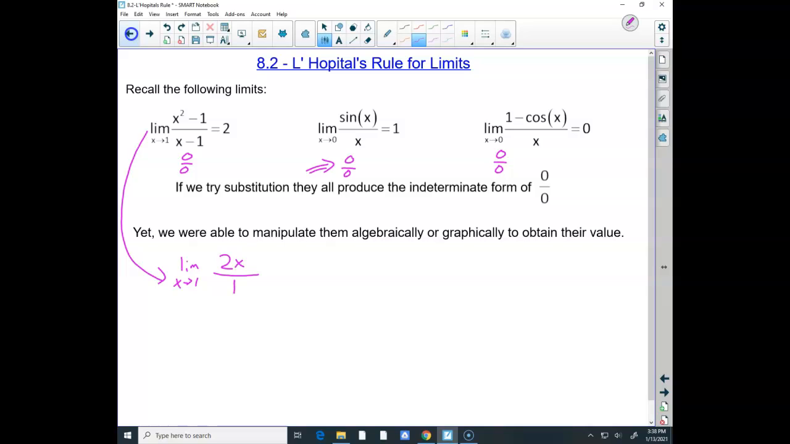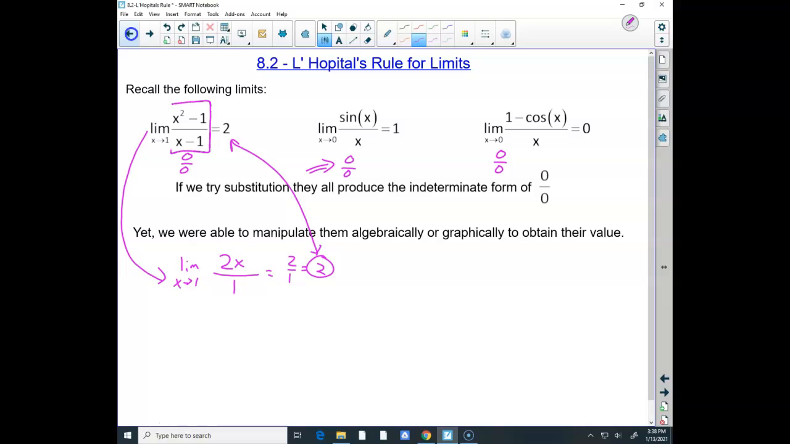The derivative of the bottom is 1, and then I can reevaluate this limit and plug it in, and I get 2 over 1, and it's 2, my limit. Boom. I didn't even have to factor it. Okay, L'Hopital's rule says if you get this indeterminate form of 0 over 0, we are not going to take